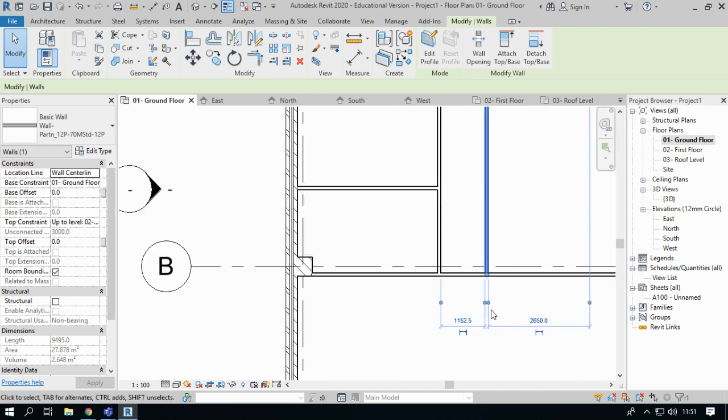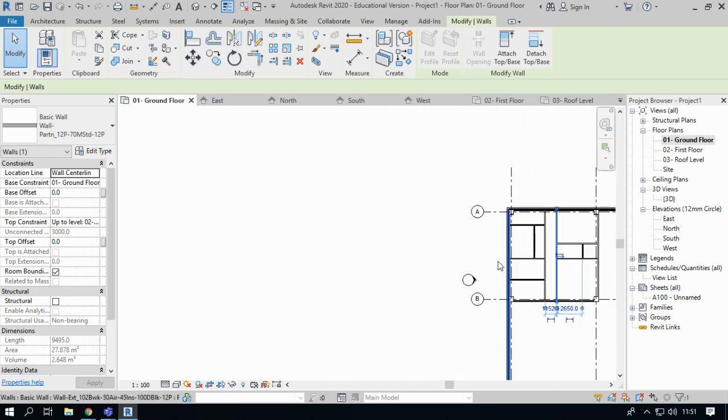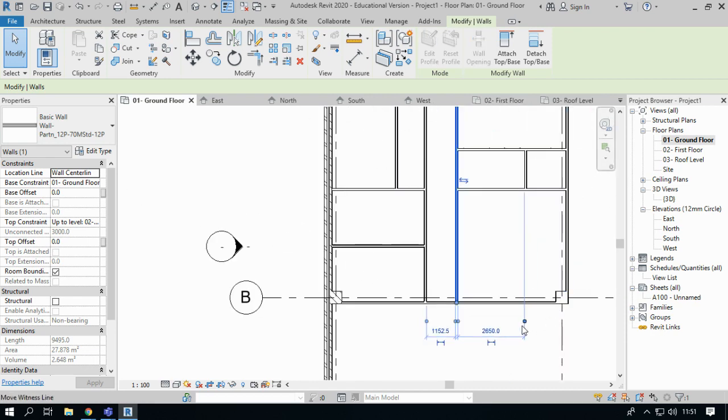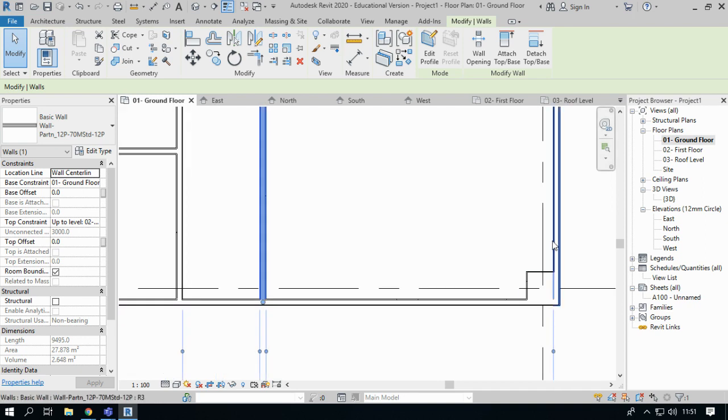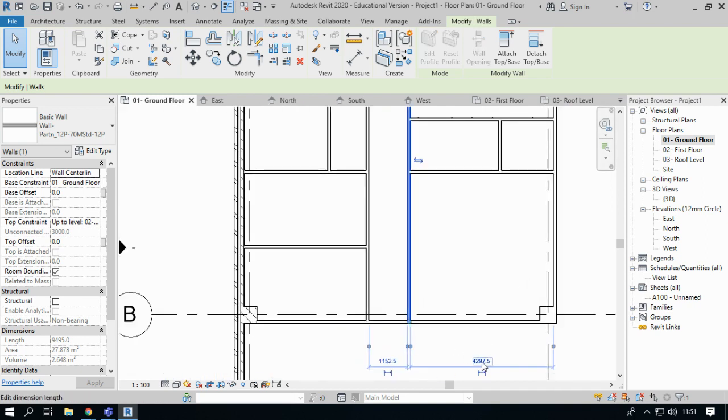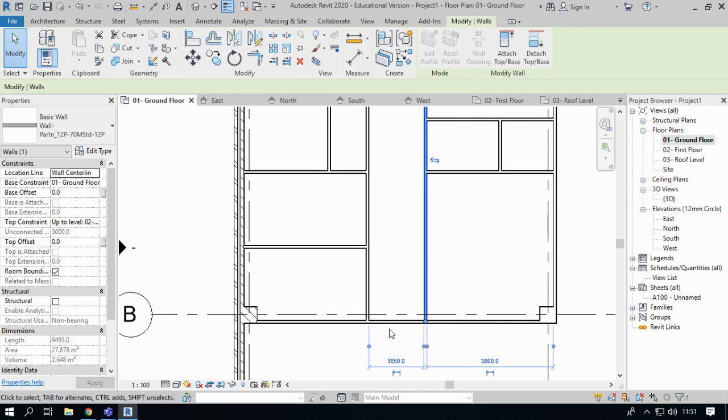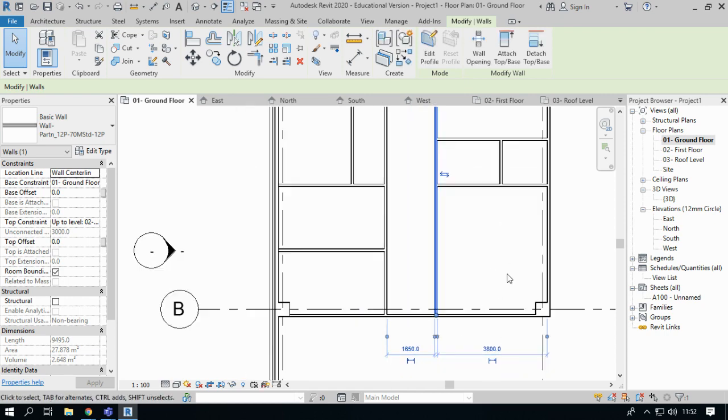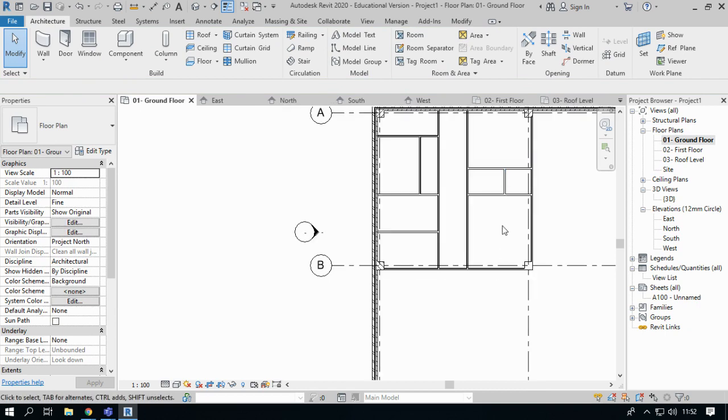If the temporary dimensions don't match the accuracy that you need, you can actually move these little blue circles and then snap them to your internal partition wall there. So I've snapped it there to there. It's saying that that wall is 4.2297 long, so I'm going to change that to 3800 off that edge, and that's going to move that now to 3.8. And then up here,